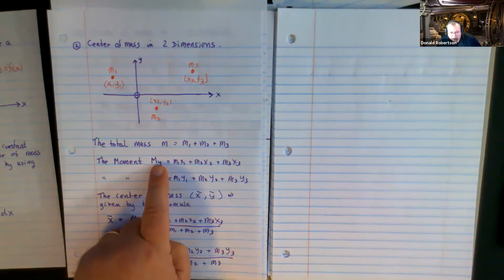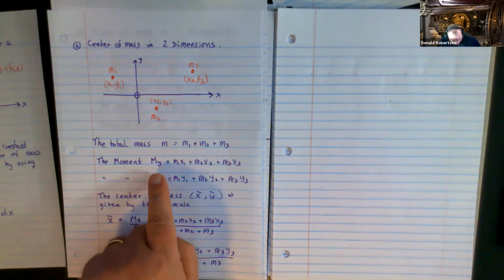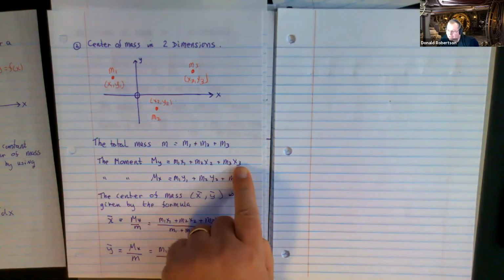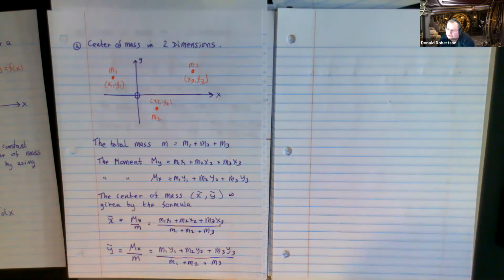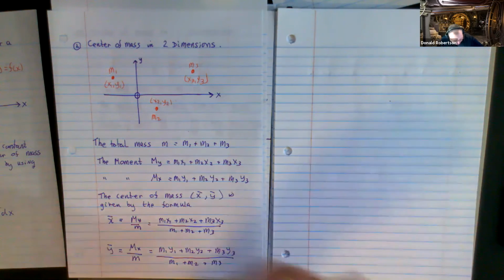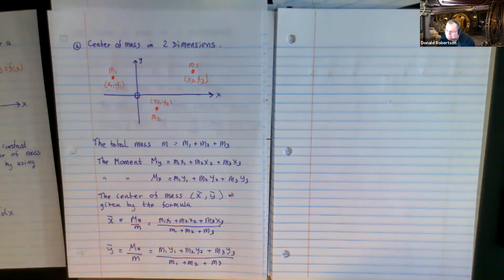And yes, I know they look back to front. I cannot explain why they're called my and mx. But my actually does this calculation with x's, and mx does the same kind of calculation, but uses the y coordinates. Do you know what I mean when I say that these look like they should be called the other? But evidently they're not, and I'm blaming the engineers and the physics guys, because for some reason, that's how they look at these things, right? I believe it makes more sense when you go to 3 dimensions.